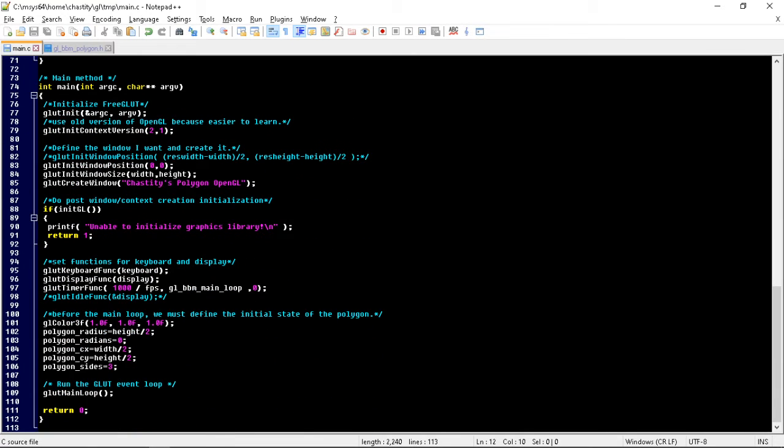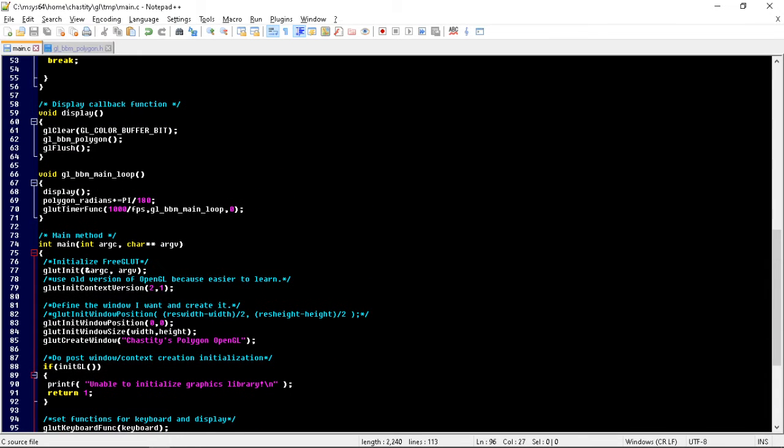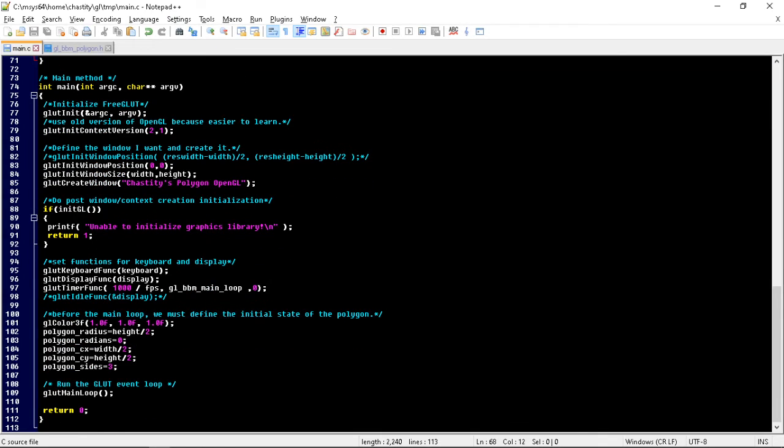I'm going to be going back to the keyboard function. Now, here's what we're going to do: after it does the OpenGL, then it sets the callback functions. You can select which functions you want when a keyboard is pressed. It calls the keyboard function, and when the display function is display. So basically, it just does that. But of course, I also have display called here. It's weird, but now here's the thing: